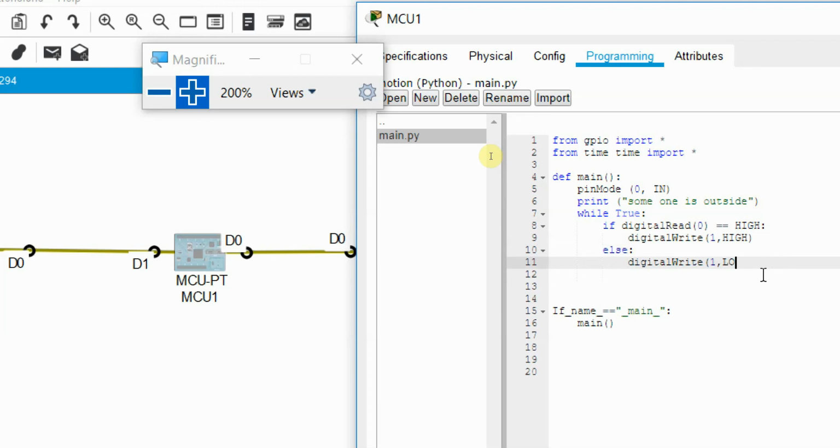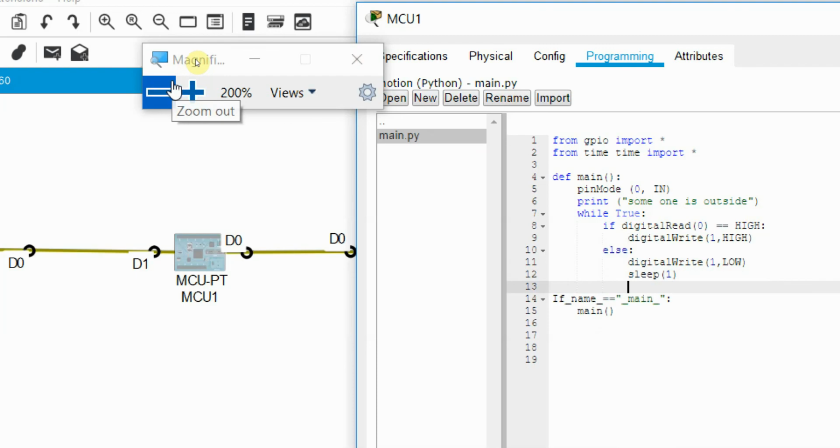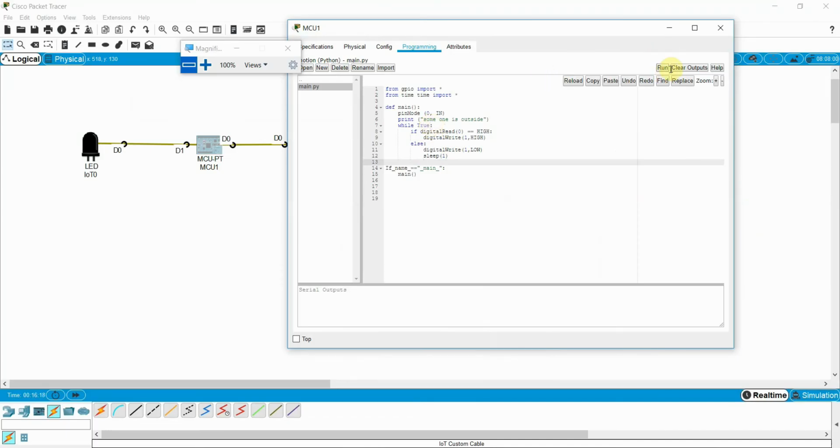And write sleep, so it should sleep for 1 second. After that, I need to close the main function. We did it, so save the program and run the program. Let me minimize this one and run the program.